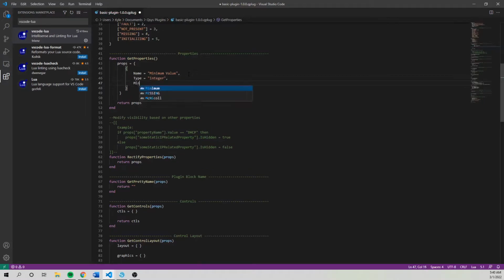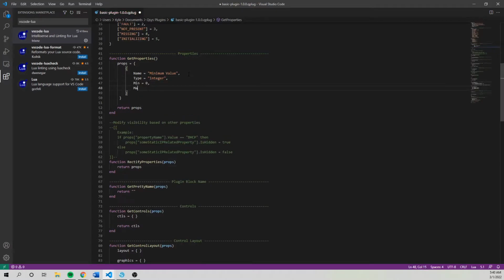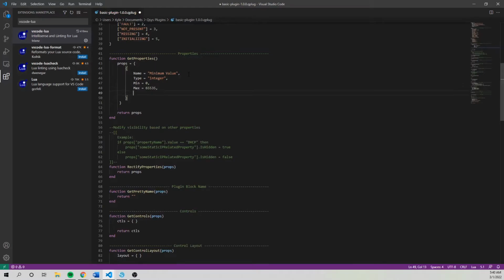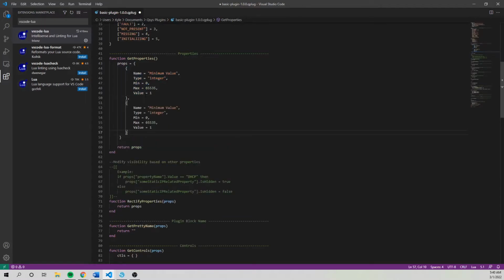There is actually a funky thing when you do integers in properties versus controls. You have to watch your capitalization. And for the minimum and maximum of this property, we're going to go with 0 to 65,535. Lastly, we need to set a default value, which is going to be 1 for the minimum and 10